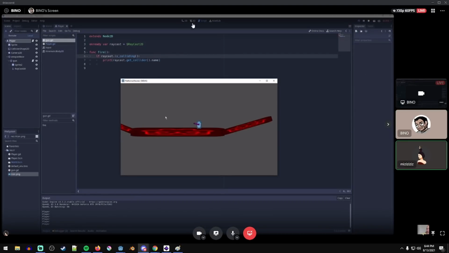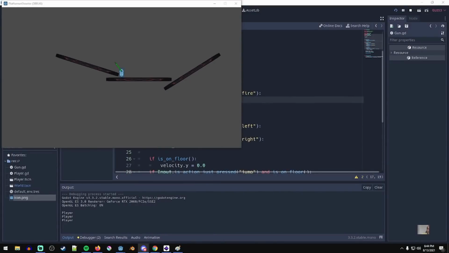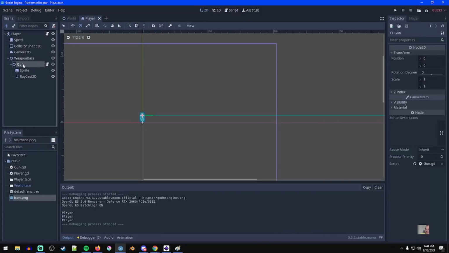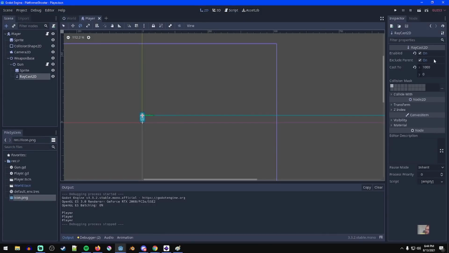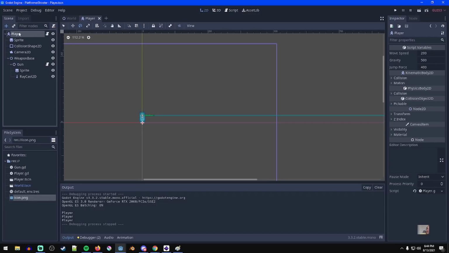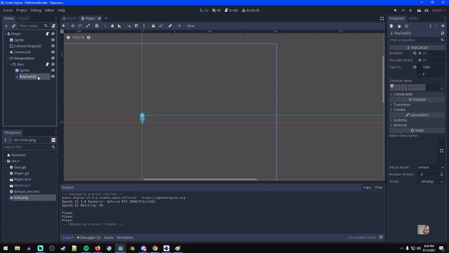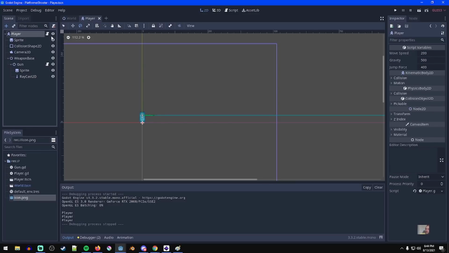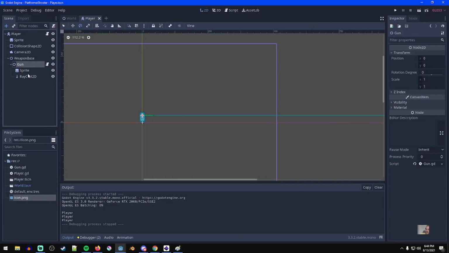All right. So now you see when you click, it's just saying player. That means it's colliding with the player, which we don't want. Obviously we don't want the gun to collide with itself. Now, if you go to the raycast node here, you can see it says exclude parent, and that's checked by default, but because the player kinematic body is not the direct parent of the raycast, that's not working. But we can set it to ignore